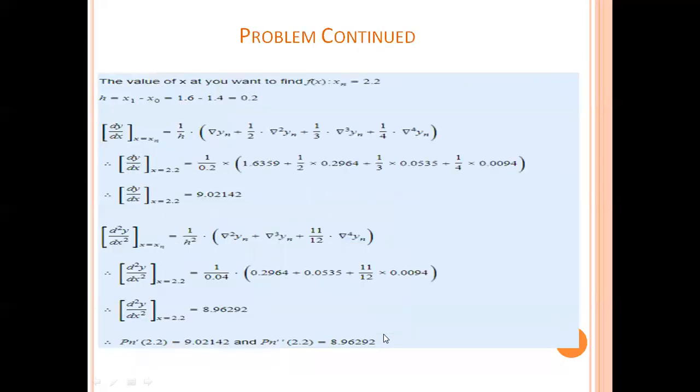0.0094. The value of x at which we want to find is 2.2, that is xn is equal to 2.2 and h is equal to 0.2. Therefore, dy by dx is equal to 1 by h [del yn plus 1 by 2 del square yn plus 1 by 3 del cube yn plus 1 by 4 del power 4 yn]. Already we found the values and now we are going to substitute them in the given formula, and then I am getting the derivative dy by dx at x is equal to 2.2 is